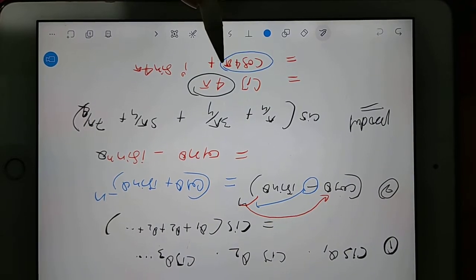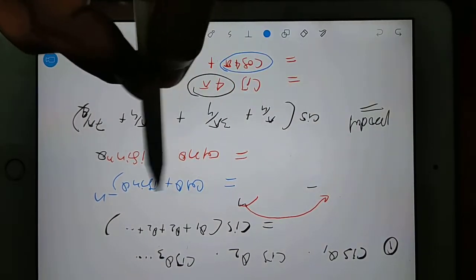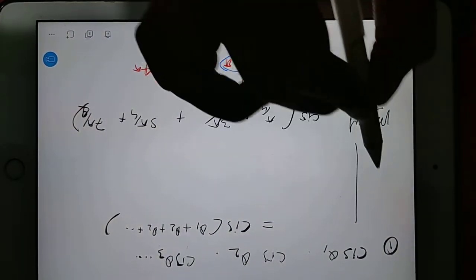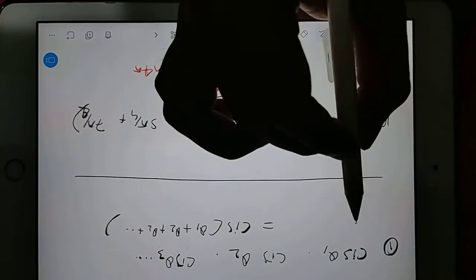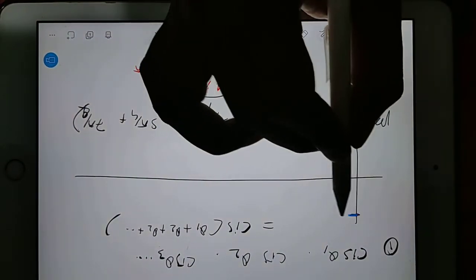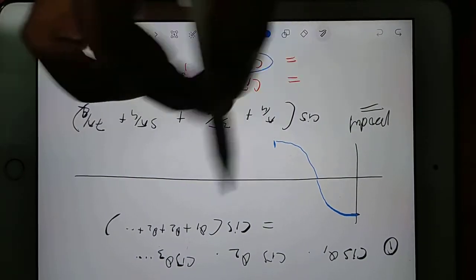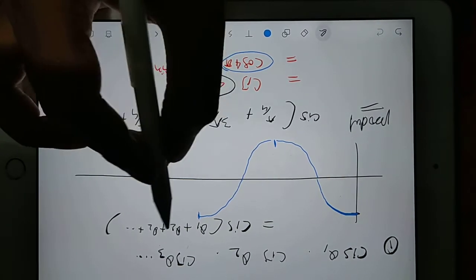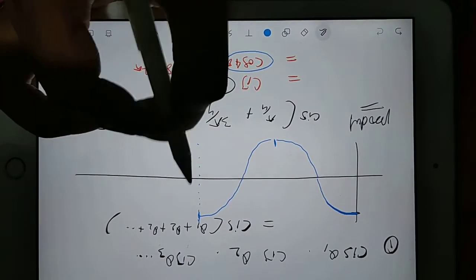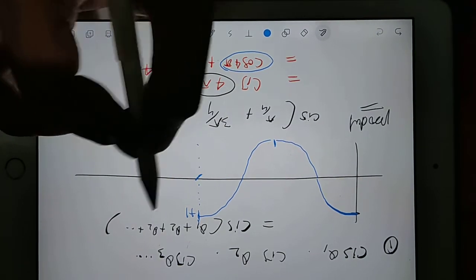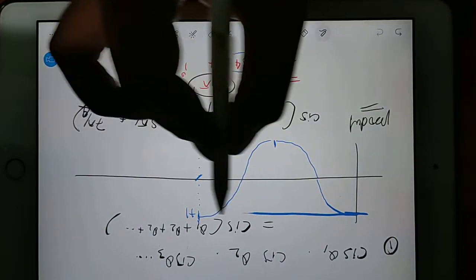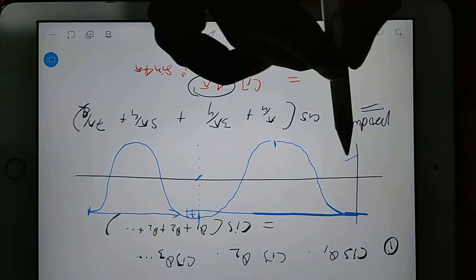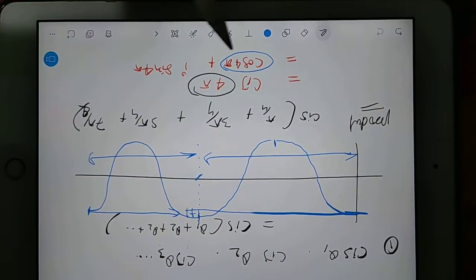So how will you get the cos 4 pi value? You jump to the graph. That is the easiest method to get the answer quickly. So you start from here for the cos and reach here, then reach here, pi over, then reach here and reach here, pi over. So that is 2 pi. After 2 pi you reach here, which is plus 1. Again you complete one more 2 pi, so again you get the same plus 1. From here to here is 2 pi, from here to here is 2 pi, so 4 pi. So cos 4 pi is 1.